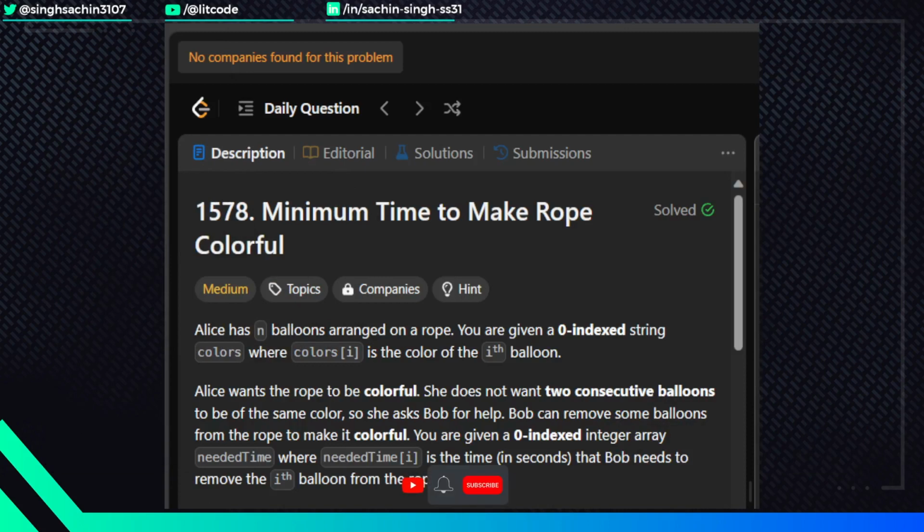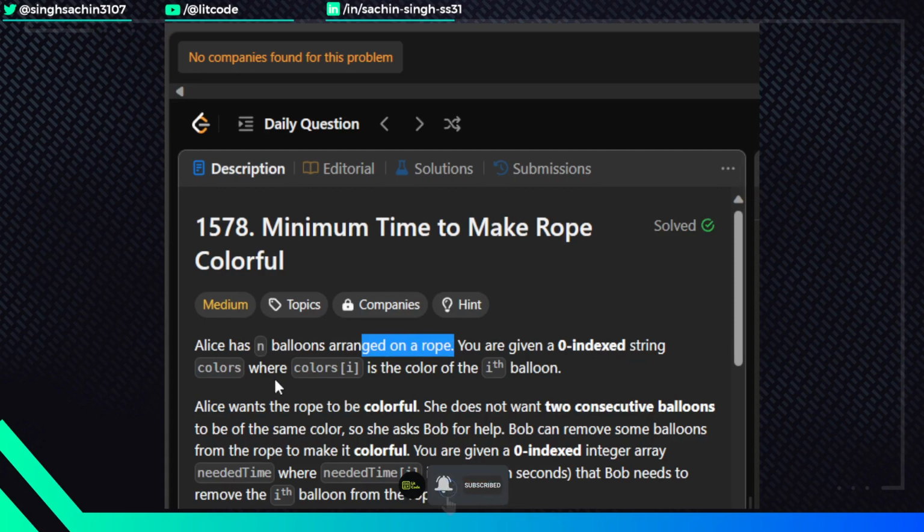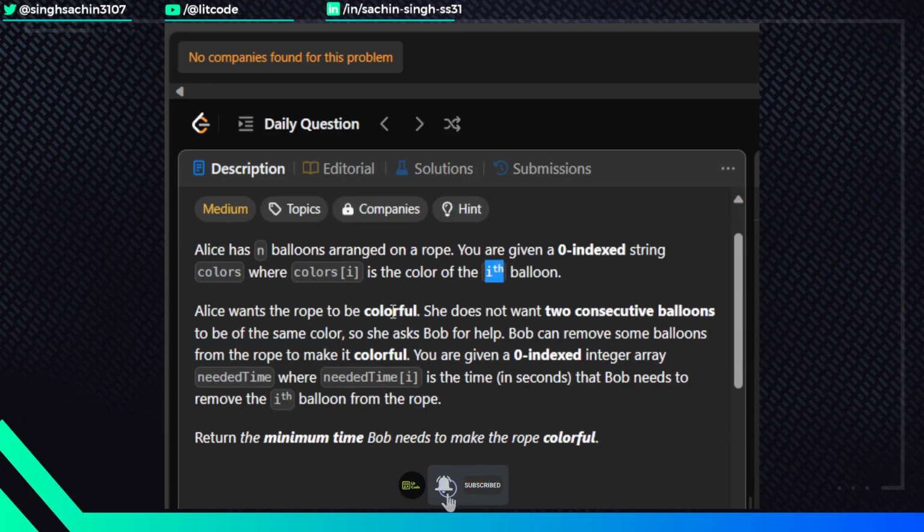So as you can see, you have been given this problem in which Alice has n balloons arranged on a rope, and we'll be given a zero indexed string called colors, in which we will get the colors of every ith balloon. Basically we'll have colors mentioned for every balloon. Alice wants the rope to be colorful. She doesn't want two consecutive balloons to be of the same color. So she asked Bob for help. Bob can remove some balloons from the rope to make it colorful, and we'll also get another array called needed time,